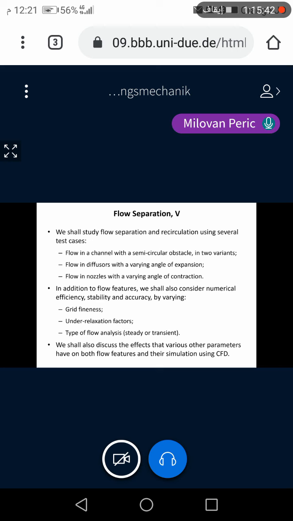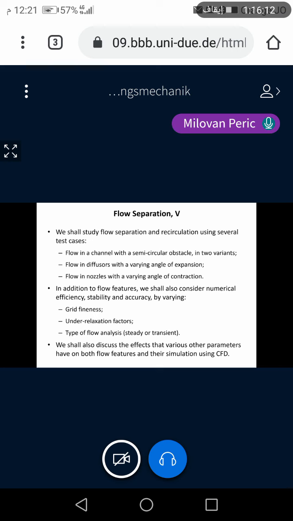One is the channel with a semicircular obstacle in 2 variants that we have already seen. And then next week we will talk about diffusers and nozzles with different angles of contraction and expansion. And we will then look at features of the flow that can be encountered and how they can be simulated and with what accuracy. Now, in addition to flow features, we will also consider numerical efficiency, stability and accuracy, and